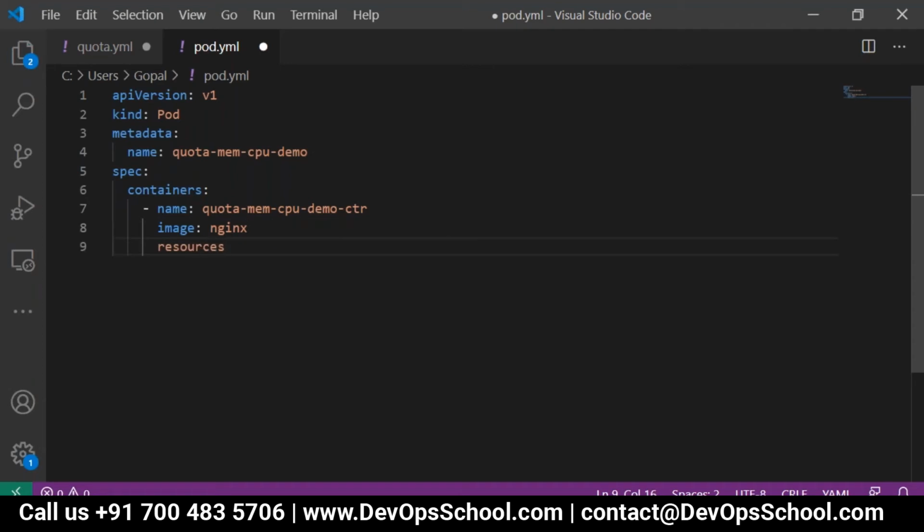Resources: when this container is being launched, I want limits to be given.